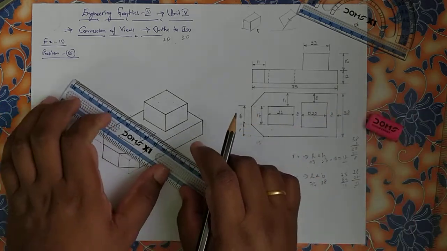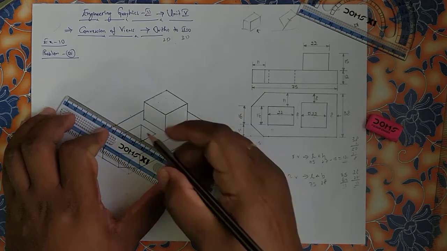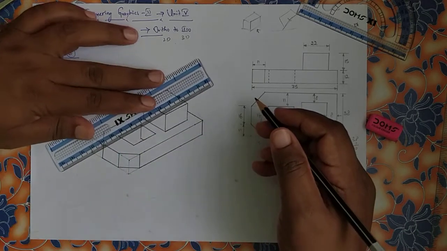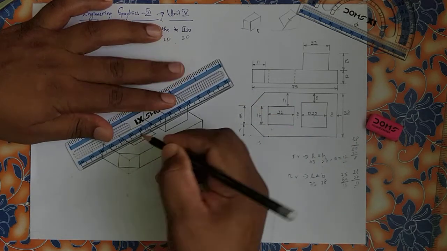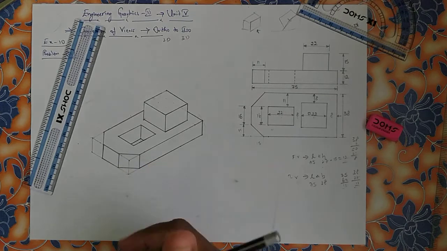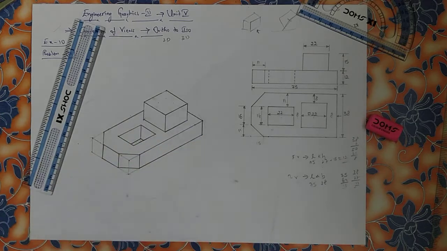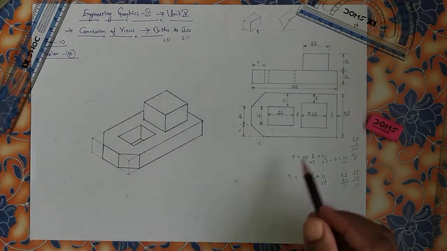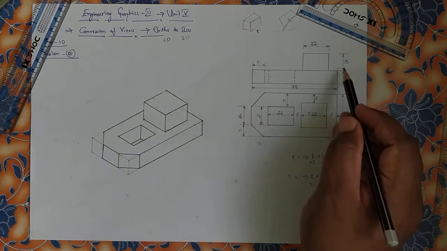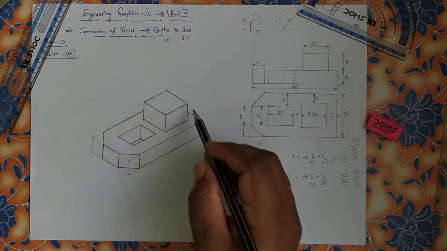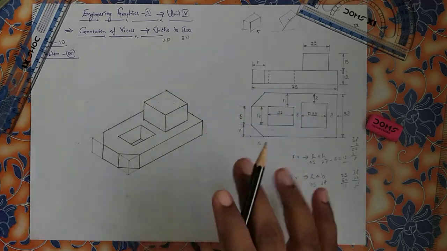Now what you are supposed to do is, from that particular point, try to draw a small line with alignment, so that it should look like a through hole. See, it is going through. Finally this is your three-dimensional figure. Simple, very simple. But here I have done something different from the previous problem: I have not considered the total height and taken light lines. Think something smart, right? Erased everything and finally got the three-dimensional outer boundaries.